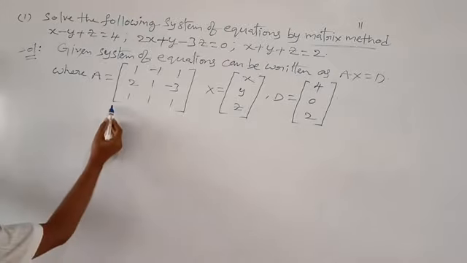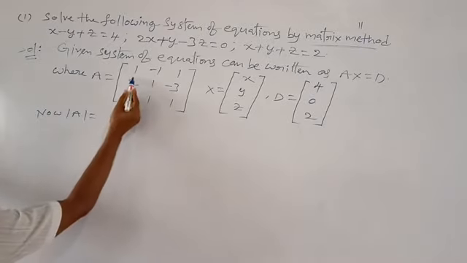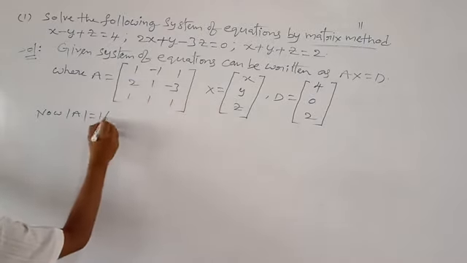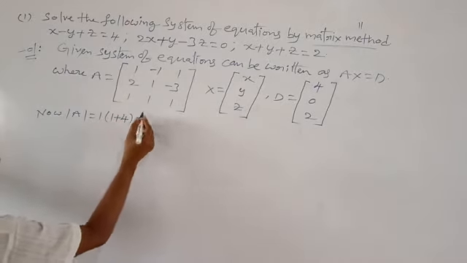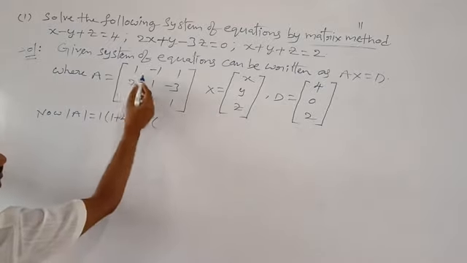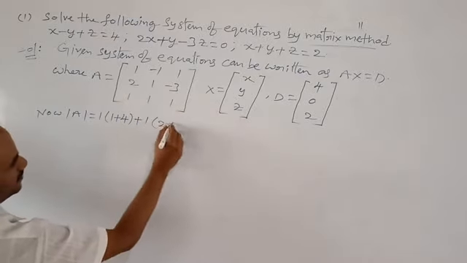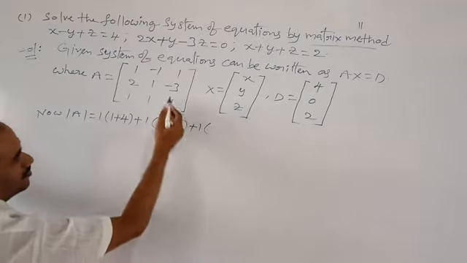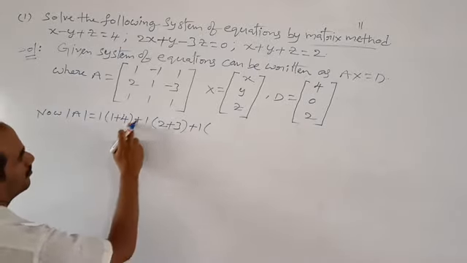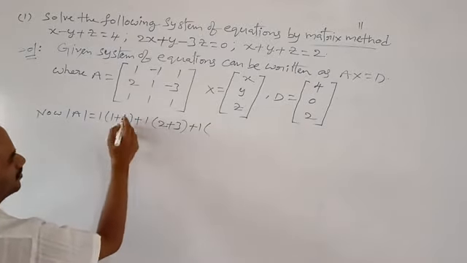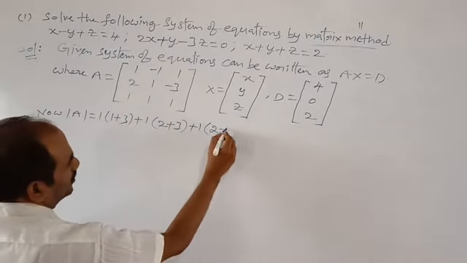Next we calculate delta of A. Delta of A is equal to this value. Take the first row. First row operation: 1 into AD minus BC. AD value is 1 minus into minus, plus 4. Next, minus of minus 1, plus 1 into, deleting this row and this column, AD minus BC. AD value is 2, minus into minus, plus 3. Next, plus 1 into, deleting this row and this column, 1 plus 3, that is 3. AD minus BC, 1 into 3 is 3. Next, 1 into AD minus BC, AD value is 2, minus 1.